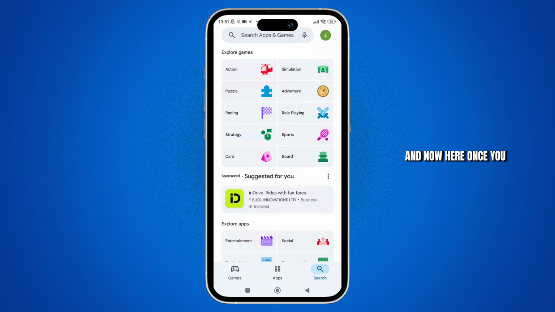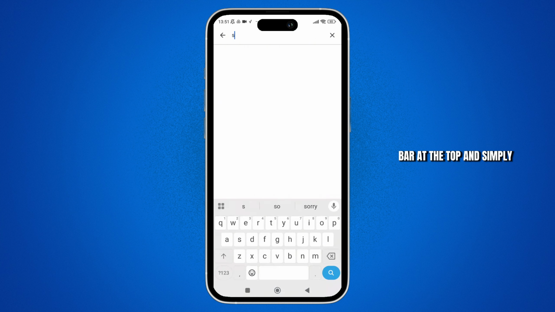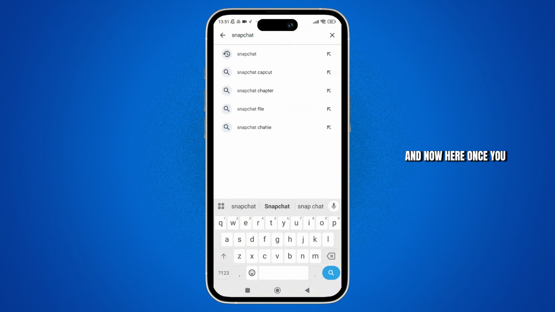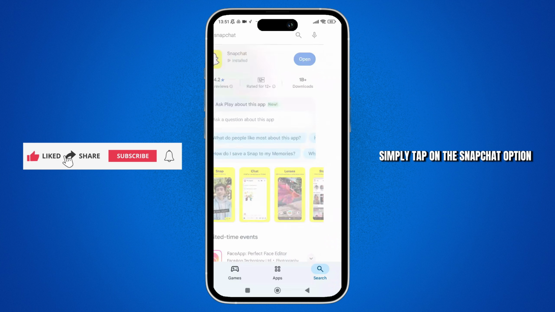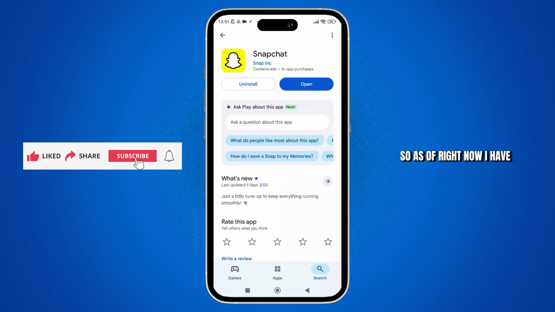And now here, once you are in the search section, simply tap on the search bar at the top and simply type in Snapchat. And now here, once you search for it, on the search result, simply tap on the Snapchat option. So as of right now, I have already installed Snapchat, but if you haven't, then here you